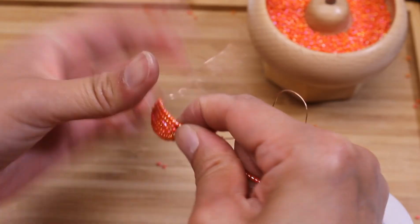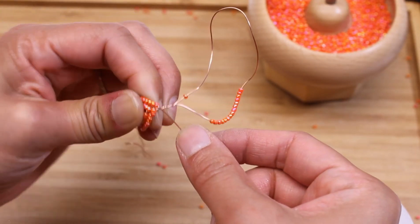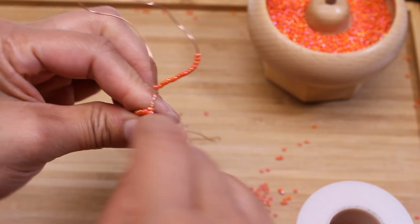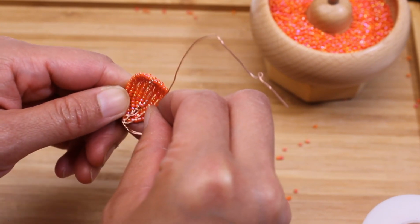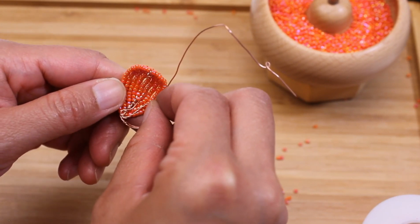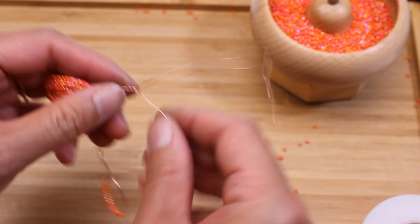So to recap, here are some tips to keep in mind as you're making this beaded pumpkin. Number 1, keep your rows tight. So hold onto the unit securely with your fingers as you are wrapping. Tip number 2, make sure the twisted wires for all the subsequent units are exactly the same length. You can measure the first unit, but for this pumpkin, I moved the twisted wire next to the first unit